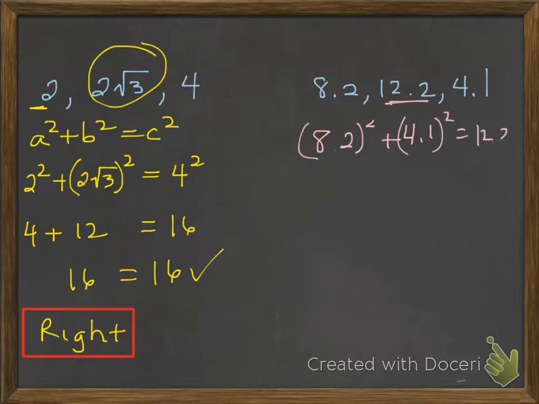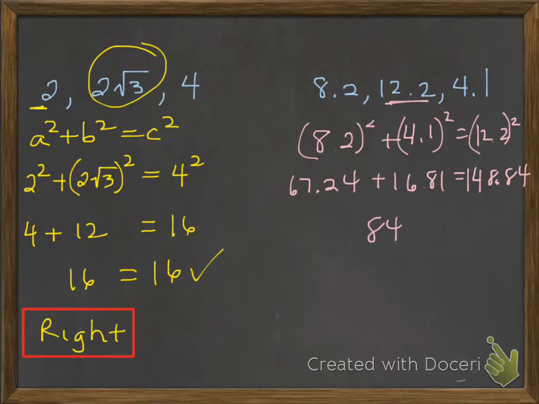equals 12.2 squared, right? So if you put that into your calculator, you have 8.2 squared is 67.24, plus 4.1 squared is 16.81, equals 12.2 squared, which is 148.84. So go ahead and add 67.24 plus 16.81, and you end up with 84.05